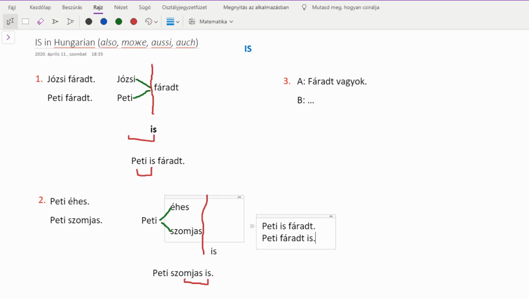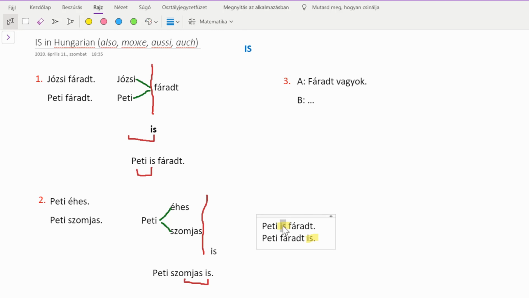You see, in this situation, if we place the ish word here, it would mean for a Hungarian person that there's another person who is also tired. If you put the ish word here, this would mean for a Hungarian speaker that Petty has several different conditions at the same time, and one of the conditions is that he is tired.